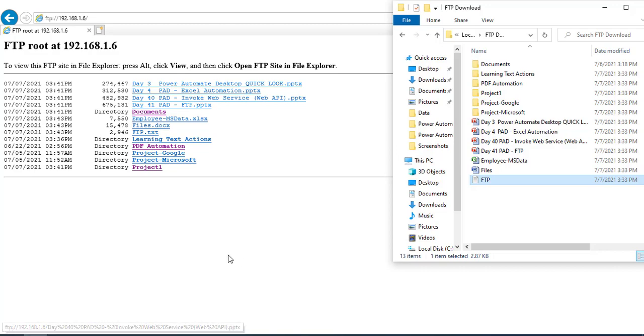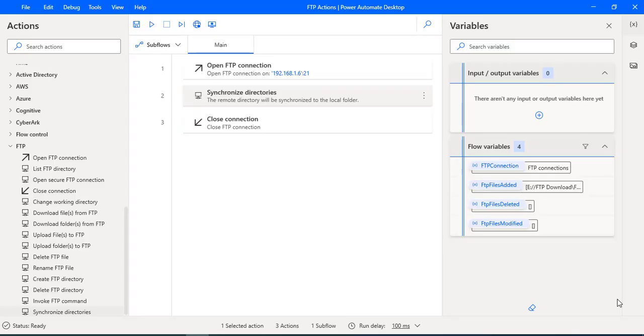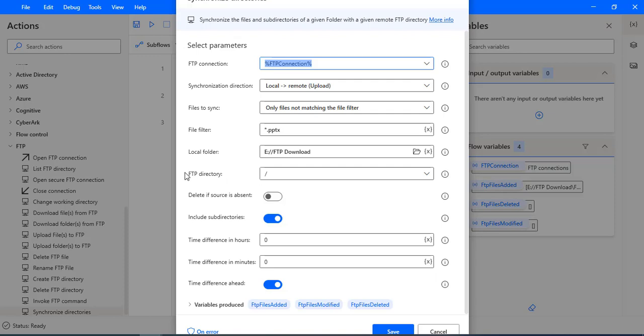All right. Now we'll talk about another use case. For example, we are working with the FTP directory, that is e:/FTP, that is the physical path which we have given. Now I want to change the directory, and then I want to download or upload the files by using the synchronized directories action. How can we go ahead and do that? By changing the directory. Now, if you go to the synchronized directories action, I have the parameter over here, FTP directory. For which directory you want to download or upload the files.